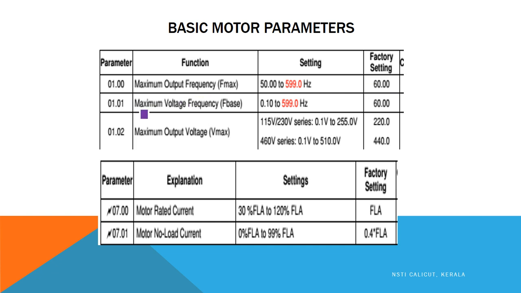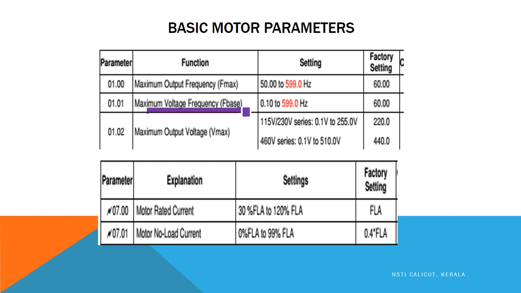And next, we'll be seeing the maximum voltage frequency. It ranges from 0.1 Hz to 599 Hz. We know a VFD will be changing the frequency as well as the voltage. So what is the voltage up to, and correspondingly what is the frequency? So again, for the maximum voltage frequency, if you set the voltage level as 415, the maximum frequency for that condition will be 60 Hz. So the VFD will have a maximum frequency and a maximum voltage, and the maximum voltage frequency also should be specified by us.